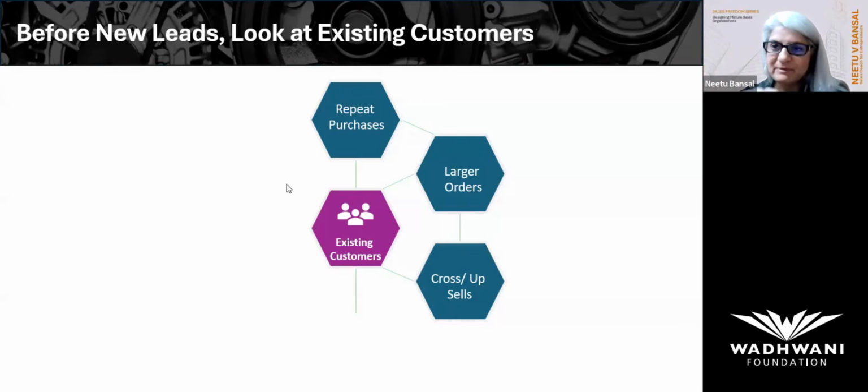Okay, same product, but they're trying to sell you more of the same product, a bigger size, bigger quantity. That is upsell. So upsell predominantly means same product or same services, but more of it. Cross sell means you're adding more products which are related to it. So that's how. I see a lot of businesses doing this.